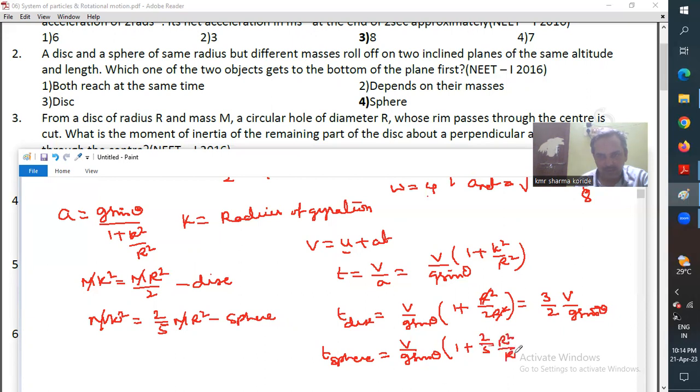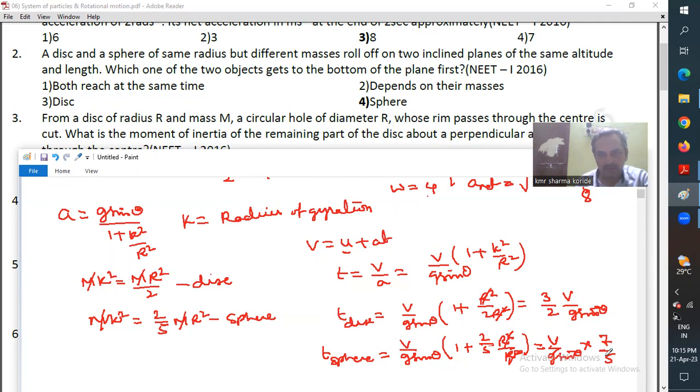So divided by R square is equal to V by G sin theta. So this is going to be 7 by 5. So 7 by 5 is roughly 1.4 and 3 by 2 is roughly 1.5. So therefore,